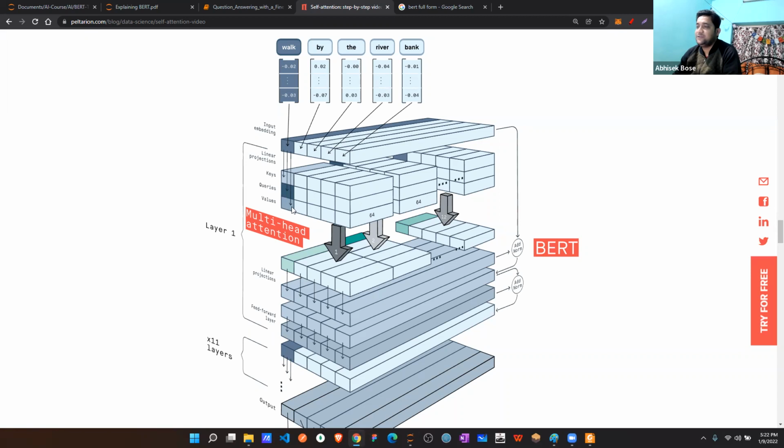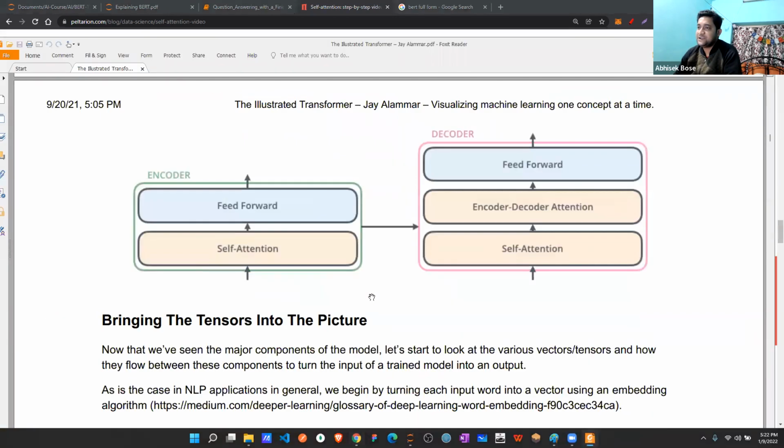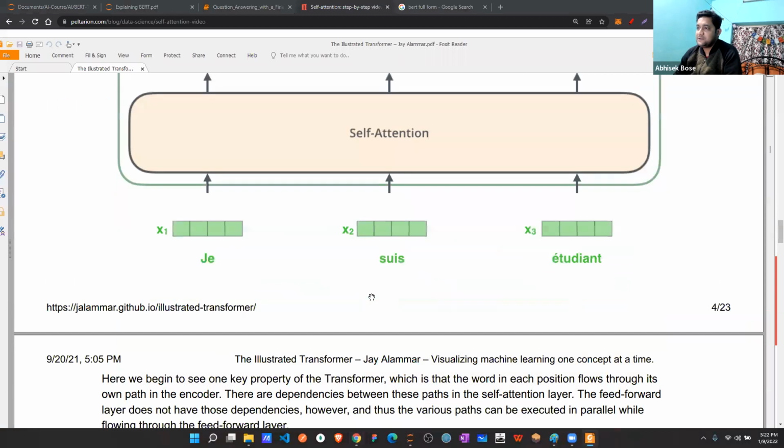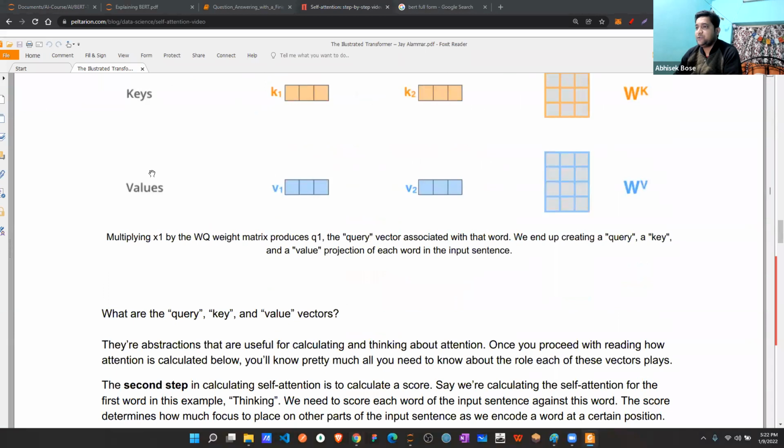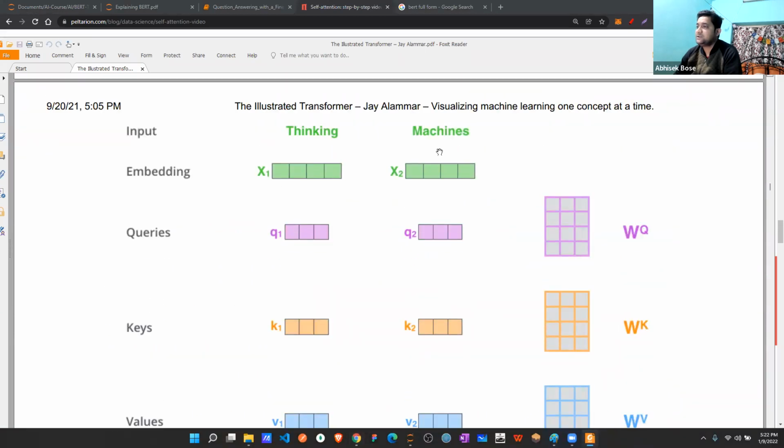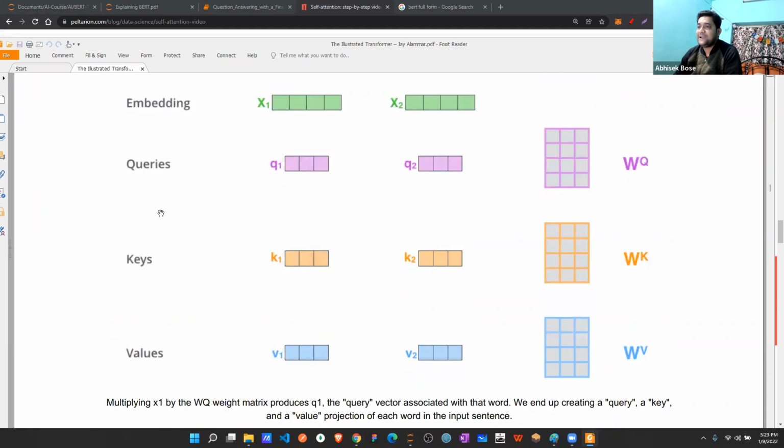Cool. So once that input embedding is done, then they are doing a linear projection with keys, queries, and values. Remember keys, queries, and values? If not, again, go and check this J. Alammar diagram. I'm showing you. See, this is your input, correct? Two words they are using, Thinking and Machines, X1, X2. So these are the queries, keys, and values. With respect to the embedding, they are creating small matrices here, that is WQ, WK, and WV.